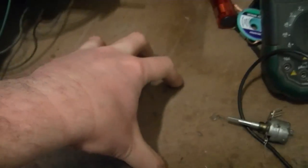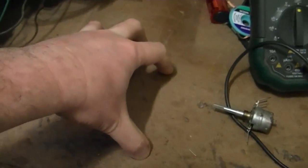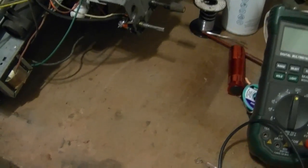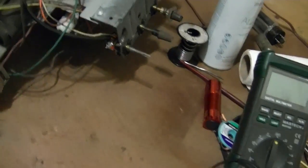But I don't know. I'm still kind of on the fence, because I know if I completely disconnected this and had this little board sitting right here on the workbench, it'd be so easy to work on. Get it all cleaned up, all the old parts taken out, all new ones in, all nice and neat. But I've got to remove all those wires. Oh, and more importantly,